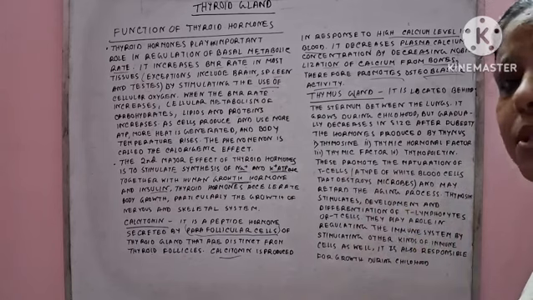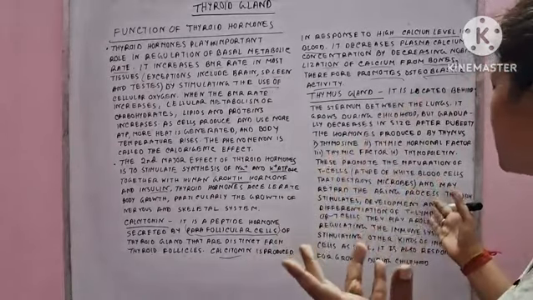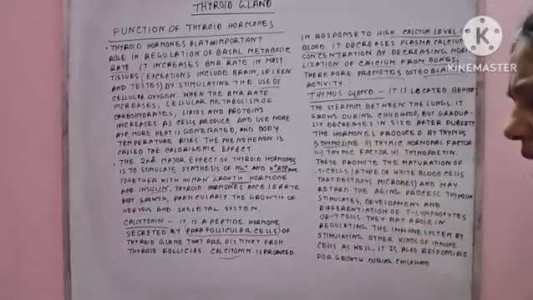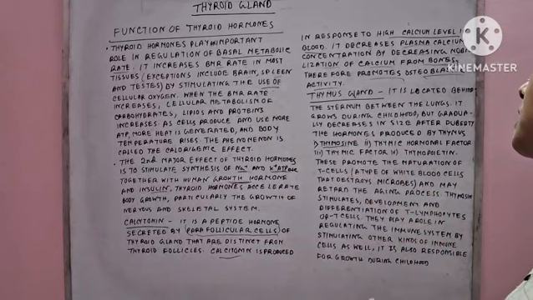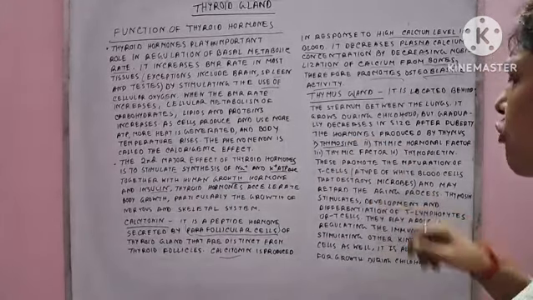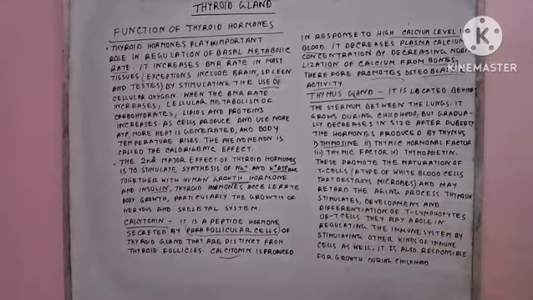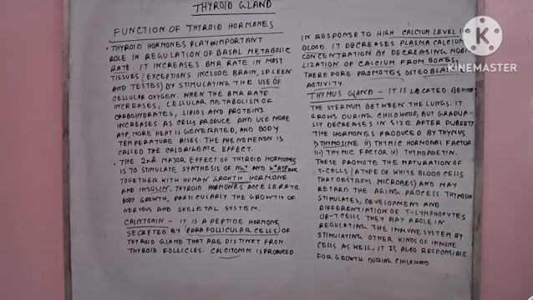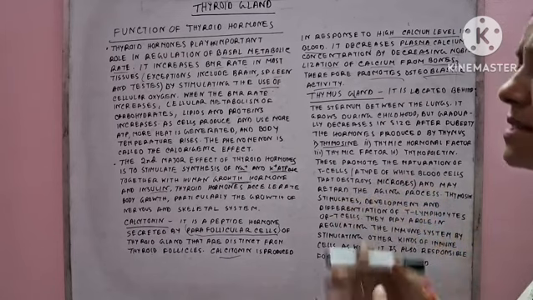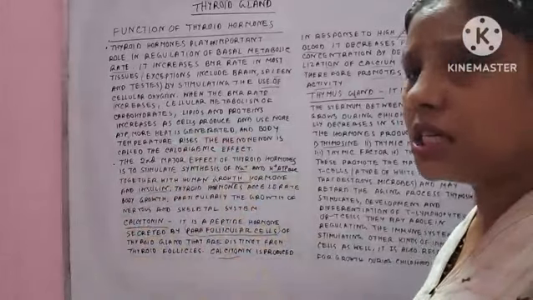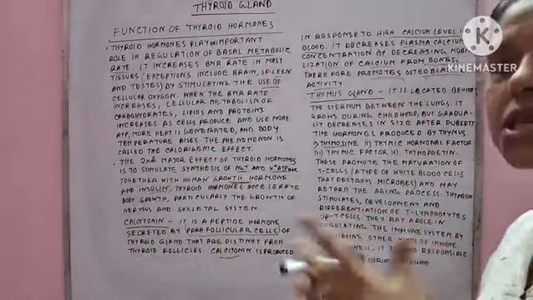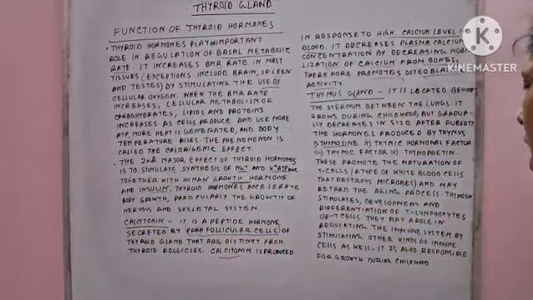So thymosin is basically the main hormone that helps in the development and differentiation and obviously the stimulation. Here the thymosin stimulates, that means it increases. So the stimulation of the T cells, development and differentiation, is controlled by this thymosin hormone, and they play